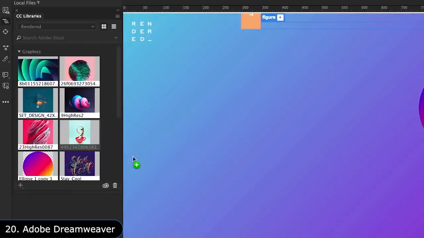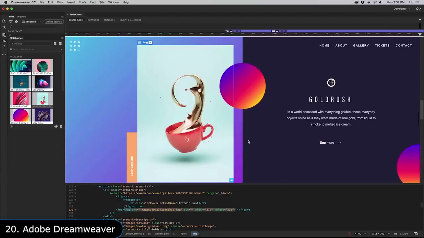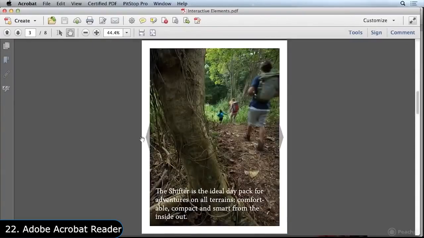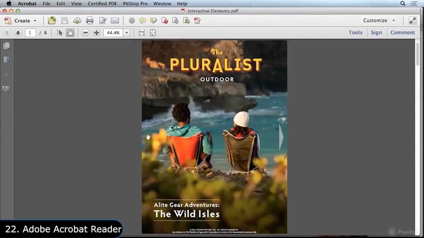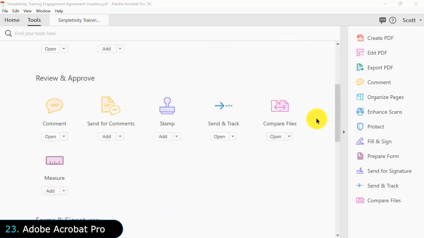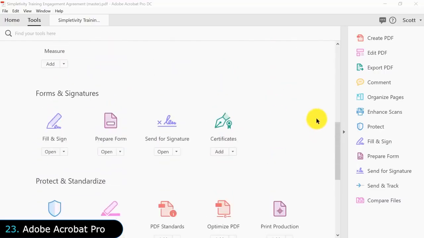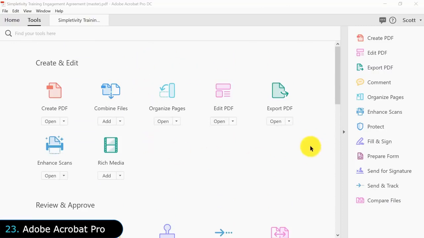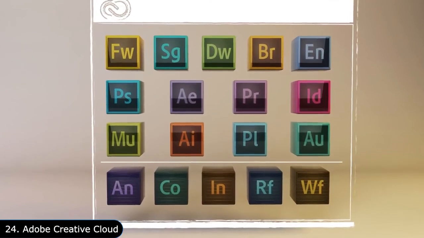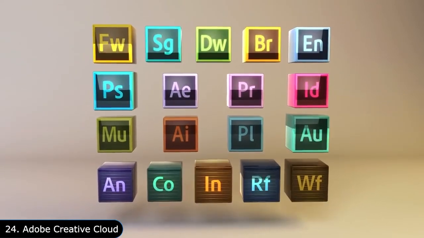If you have ever used PDF files, you might know Adobe Acrobat Reader, which is the standard piece of software for viewing, printing, and signing all kinds of PDF documents. But if you want to make PDF files, you need Adobe Acrobat Pro, which is used to create, edit, and manage PDF documents. Adobe sells all the things I mentioned till now in a bundle called Adobe Creative Cloud, which is a subscription that costs around $80 a month.